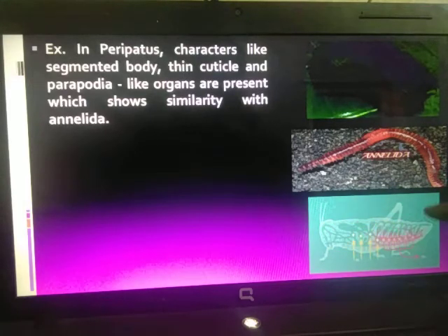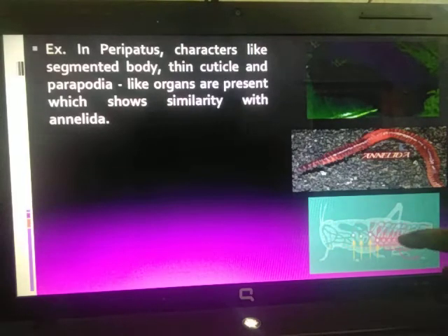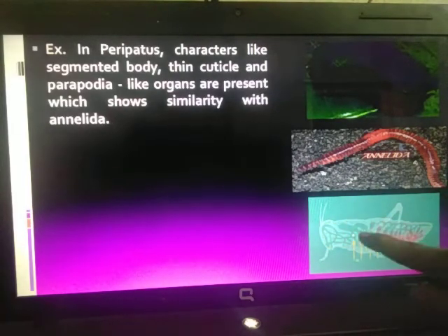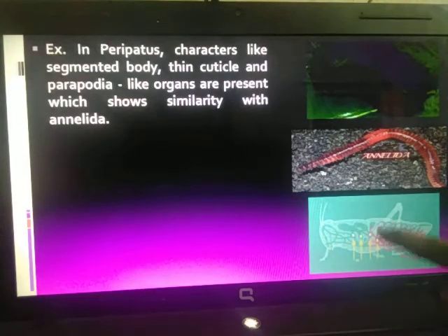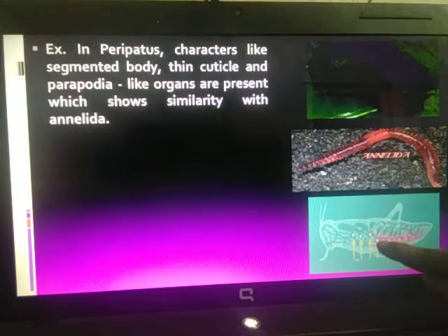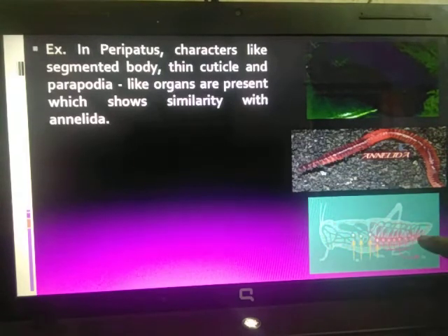Inside there are certain structures called tube-like structures. These tube-like structures which you can see are also called as trachea, and all these trachea open outside the body through small holes. These small holes are called spiracles. So this is also present in the peripatus. So peripatus is showing similarity with the annelids, that is earthworm,